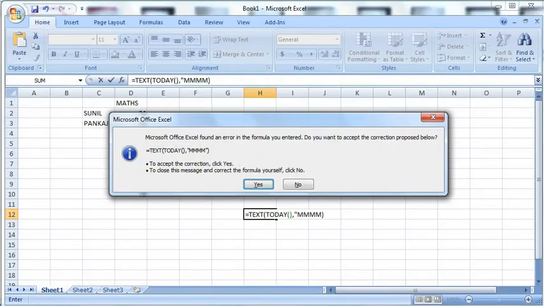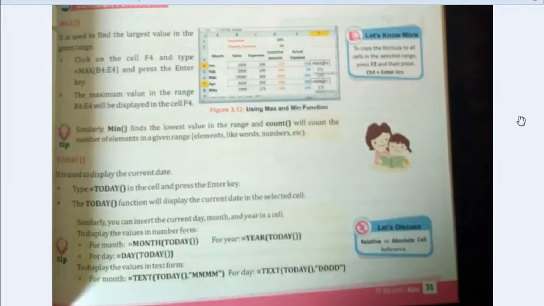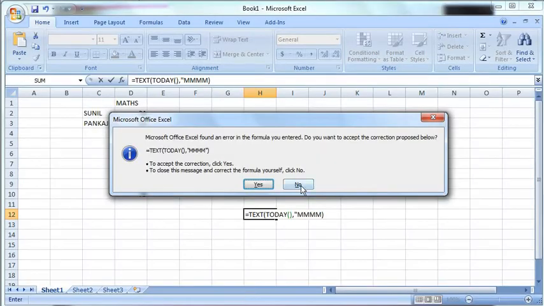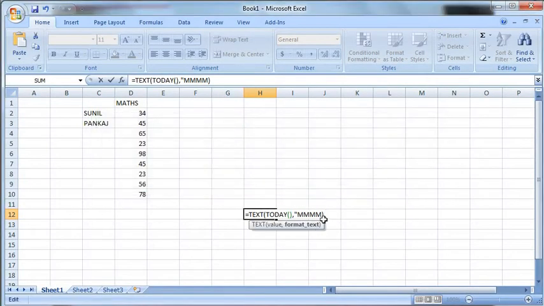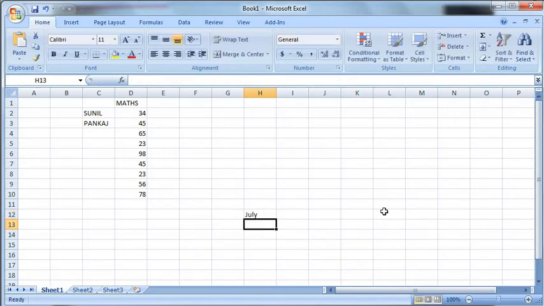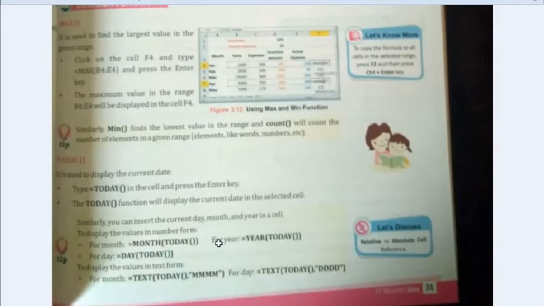After text we have opened this today. We forgot to put that mark, right? Before closing the parenthesis here, I forgot the double quotes. Now I will close. Now let me press enter key. July. So in this format you can also see the text or year, date or something like that using the today function. Understood? So this is the format, you can display such things, day and all, right?